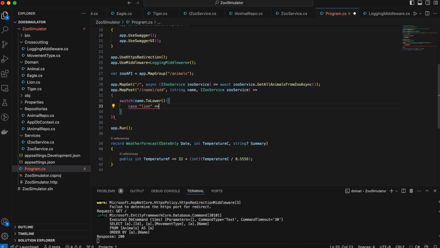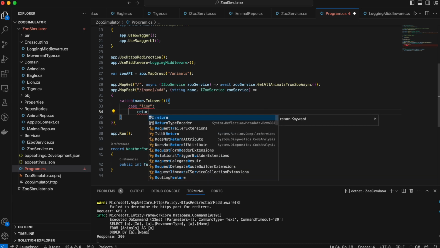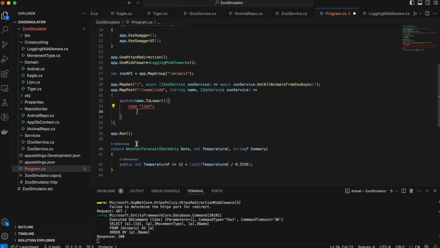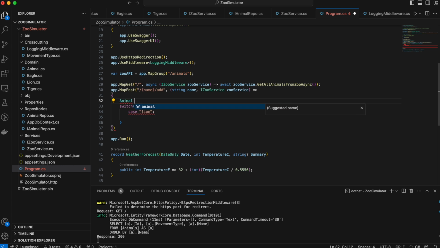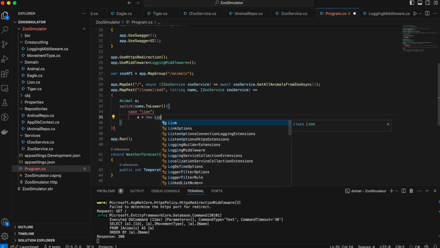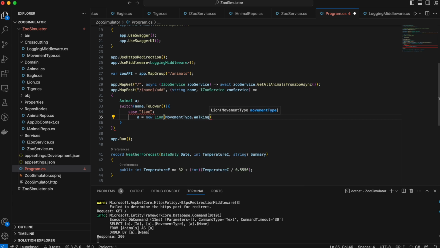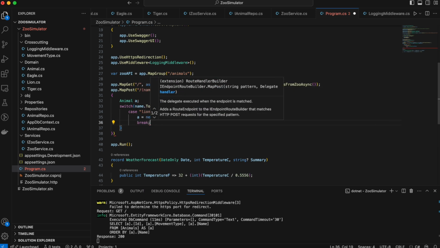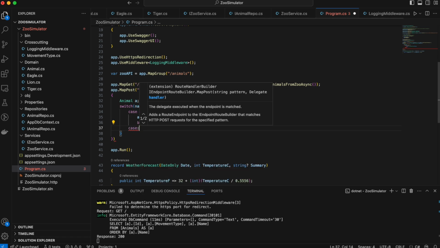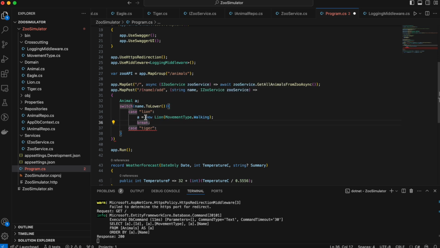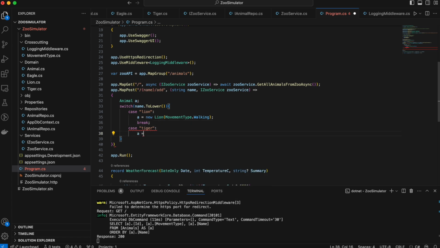Case lion, then we will return, not return, actually let's declare here var animal a. In case we receive lion, a equals to new lion, and the movement type is walking. And we want to get out of this case because we don't want it to go to the next case. If we don't put the break and break the cycle, we continue and it will do the logic for every other case. This can apply for every other cycle, like for loops, while loops, foreach, etc. So in case tiger, a equals new tiger, movement type dot walking,